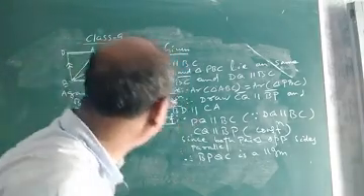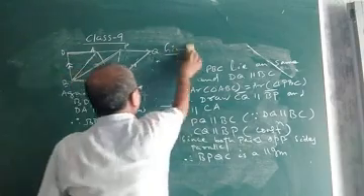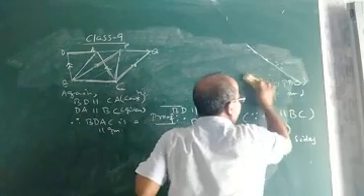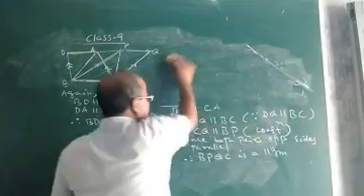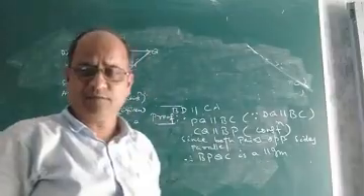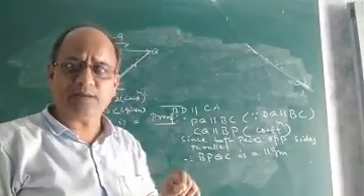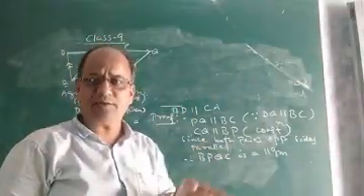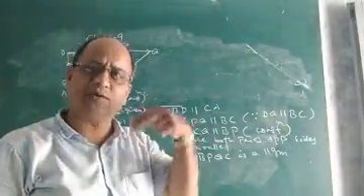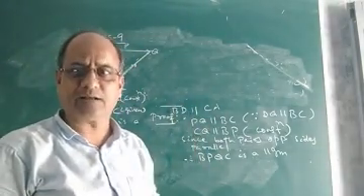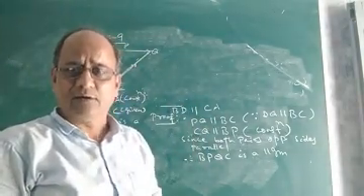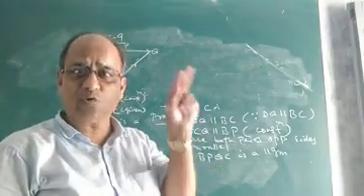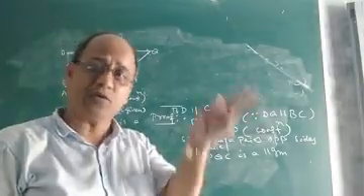Okay. Now, what will be the next point? Children, you know that in the quadrilaterals chapter there was a theorem which we have already proved: if we join a diagonal of a parallelogram, it will divide the parallelogram into two triangles of equal area. A diagonal of a parallelogram divides it into two congruent triangles of equal area.